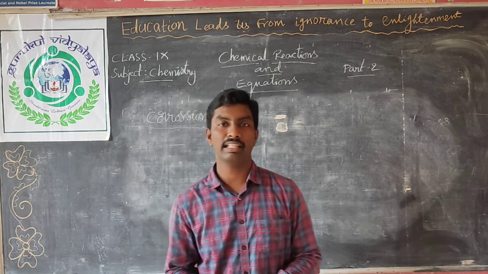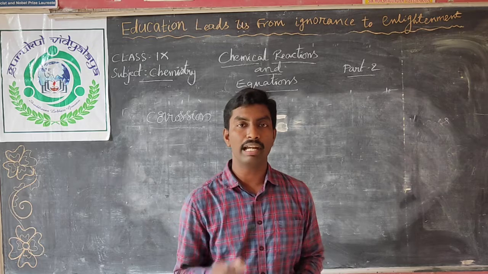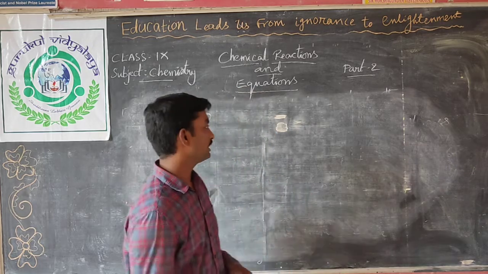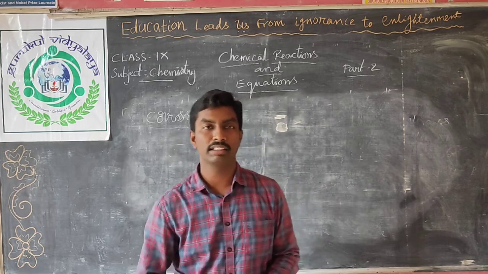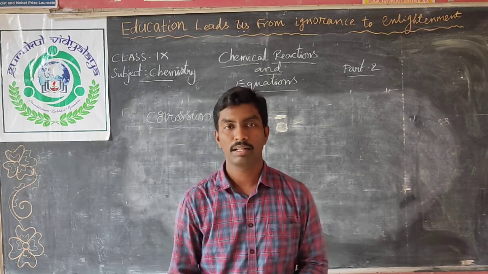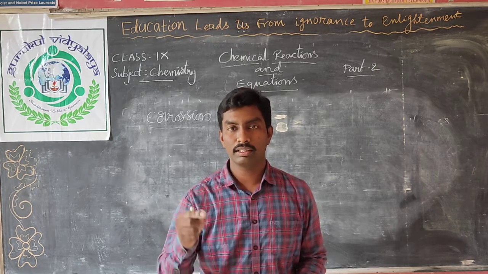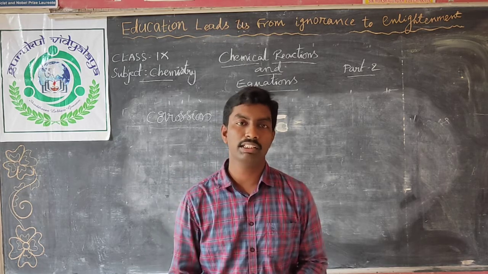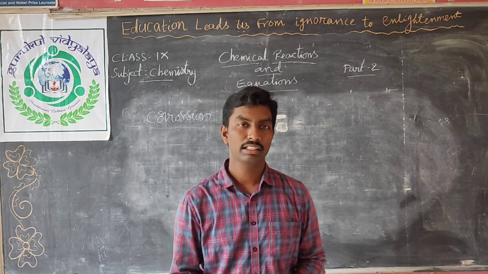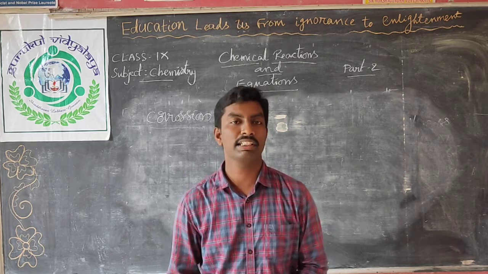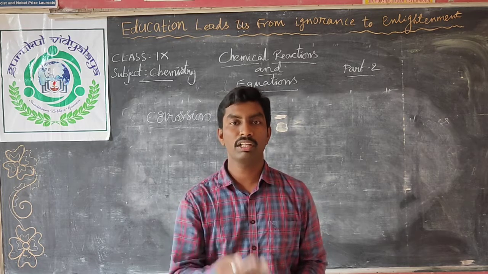Whenever a metal is reacting with water or oxygen and getting its metallic oxide, we can see it as corrosion. For example, copper. Did you observe some statues which are made of copper? On one part of that statue, we will observe a green color deposited there. What is that green substance? That is copper oxide. We call it corrosion of copper.